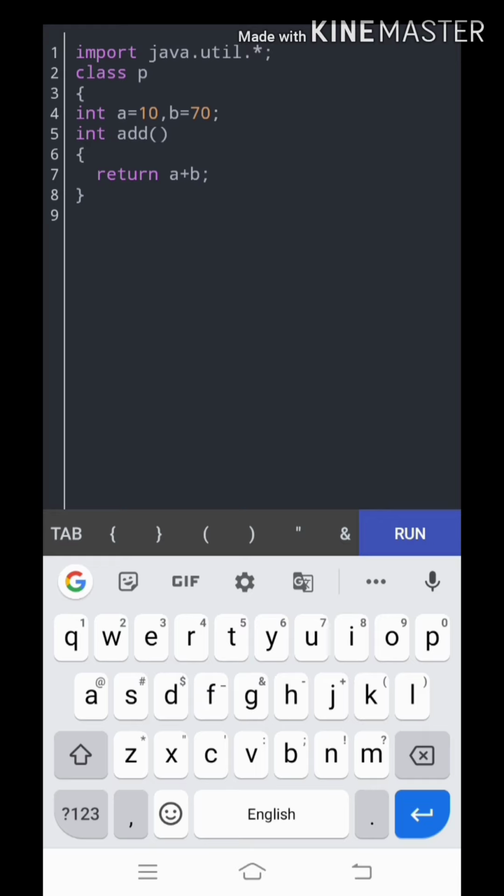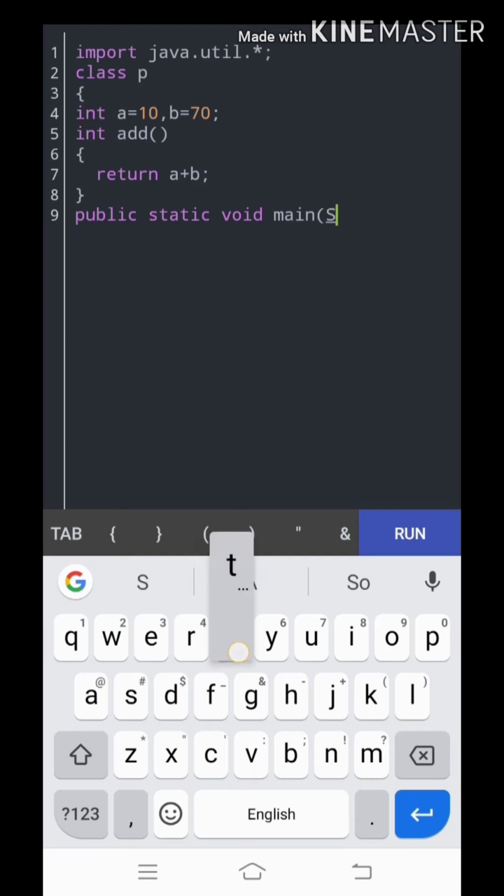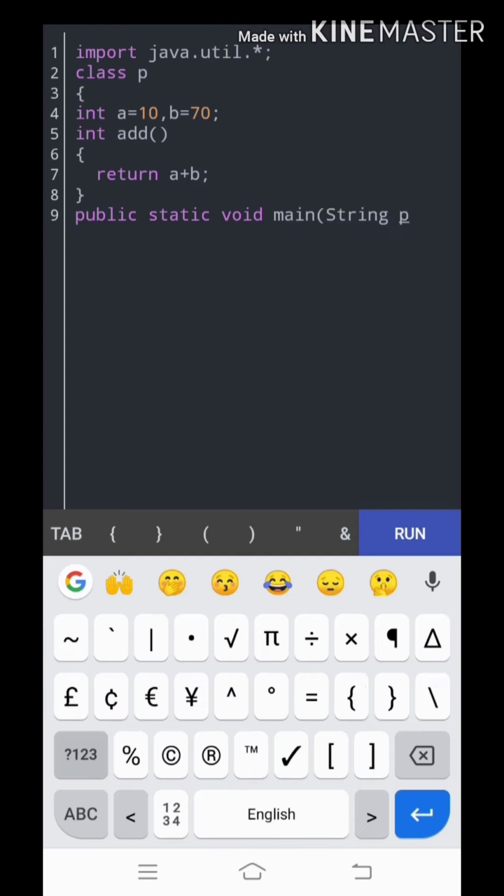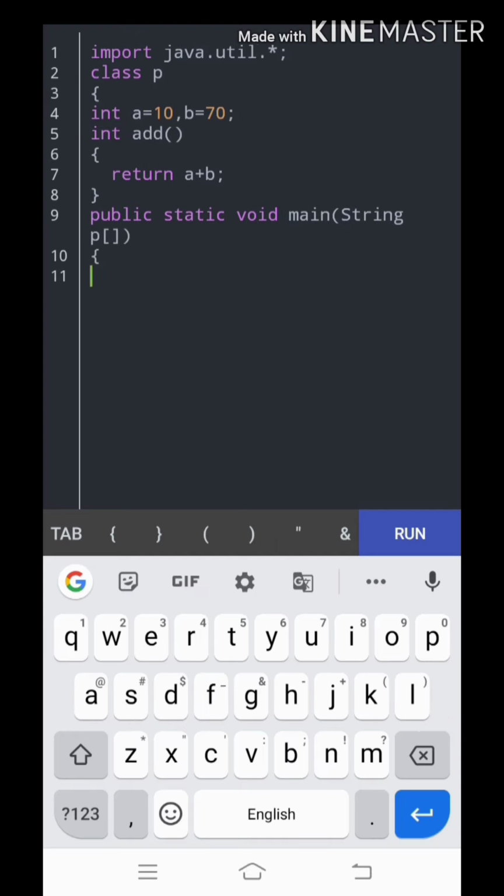Then we are going to create a main method: public static void main, String args. So the main method was created.